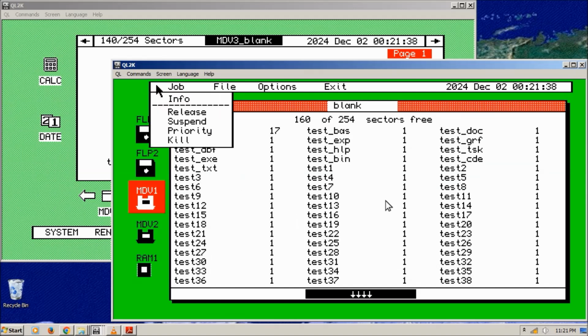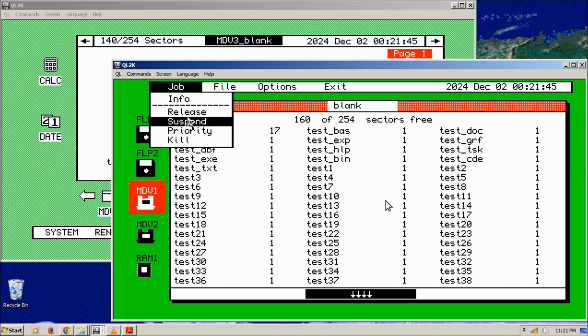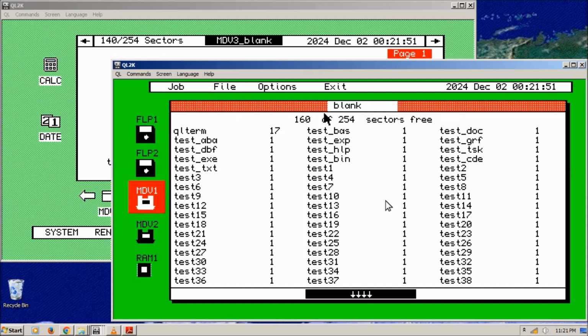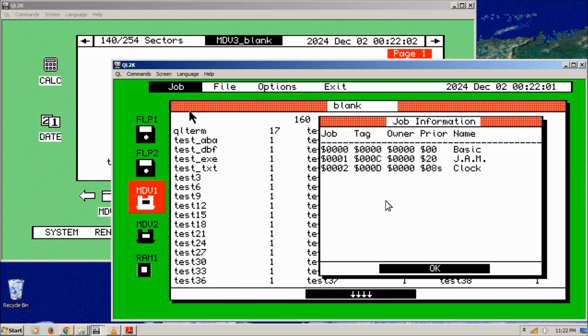I've tried release and suspend. It doesn't really work very well, but at least you can kill a job and set the priorities, which I think is really cool, and very Toolkit 2-like. And here's the coolest thing: you can actually kill the clock,